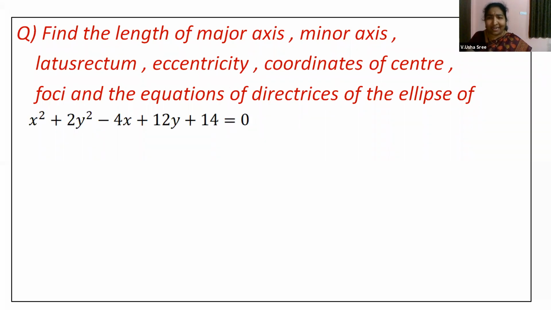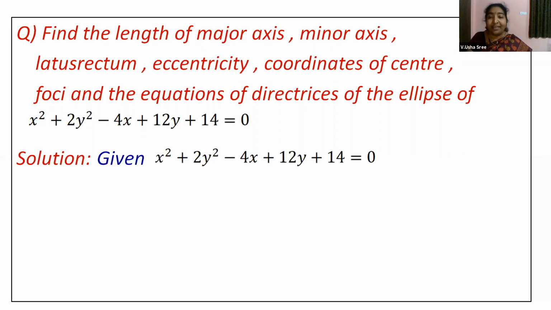Now children, at a glance, when you look at this, is it looking like an ellipse? No. What we have seen in ellipse, x square by a square plus y square by b square equal to 1, or it can be x minus h whole square by a square plus y minus k whole square by b square equal to 1. Now, it is our work to reduce this equation to one of the standard forms with center 0, 0 or h, k depending upon the problem. Right?